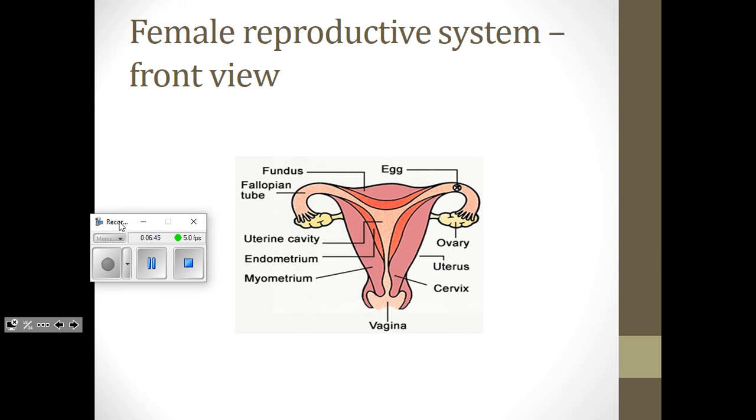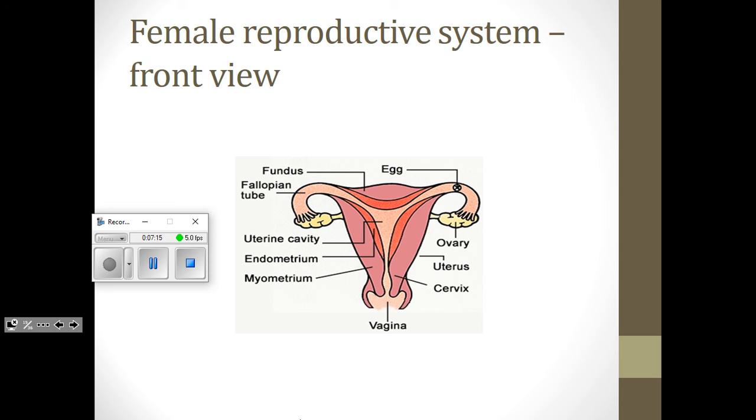So this is the view from the front. Obviously different artist representation, and I try my best to do that. This one's a little more cartoony looking. If we're looking from the front and we're focused just on the reproductive structures, because remember there's lots of other abdominal structures that would be in the way of this, but we would see that there are two ovaries, one on each side. The fallopian tubes wrap around from each ovary and lead to the uterus, which is this whole